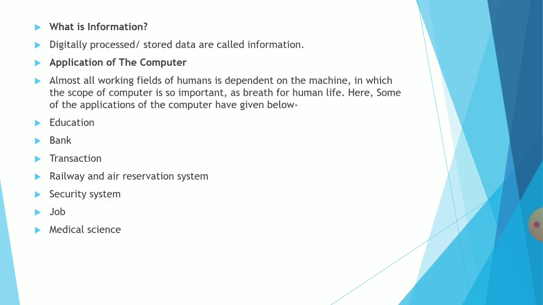Next, what is information? When you process some raw data, then after processing you get some meaningful information. Suppose you have given the radius of a circle. After giving the input, the computer will process it and give you output in the form of area. So the area of a circle is one meaningful piece of information that shows you the area of a particular circle with a given radius. After processing data inputs you can get the desired, more meaningful information.